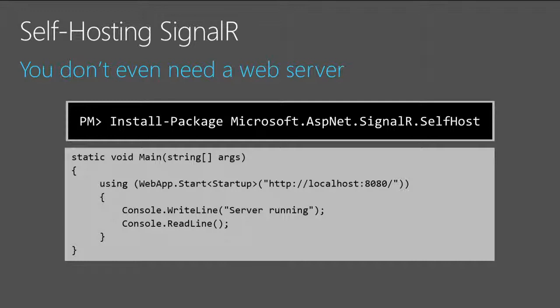And I said, well, the cool thing is, since we're using OWIN, you can actually host your SignalR hub or your MVC pages or your web API controllers. You can host all of that stuff using OWIN inside of any .NET executable. So how do you do that? You just install the package. You install